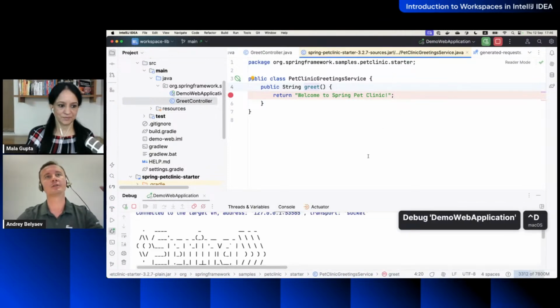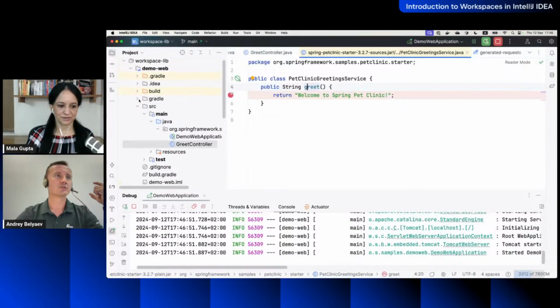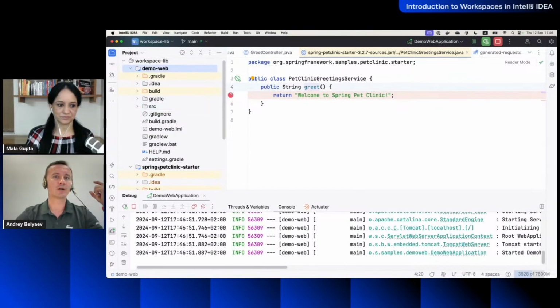But the problem here is that those applications right now are not linked as they should be. So this application knows about the code in the repository, and this library doesn't know anything about linking to the web application. So again, we are working on that,